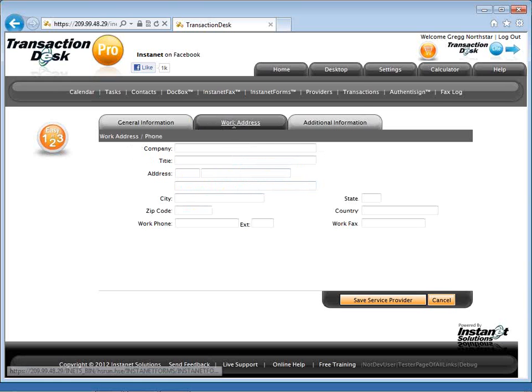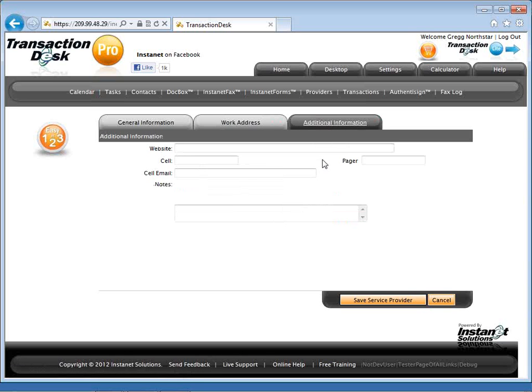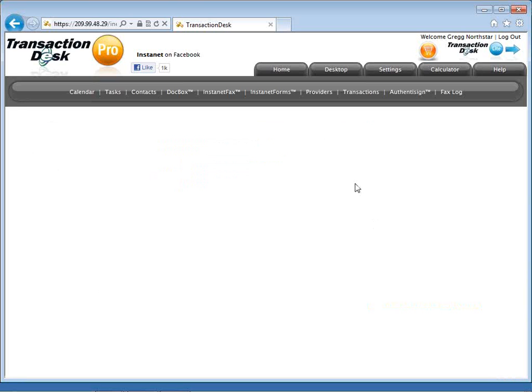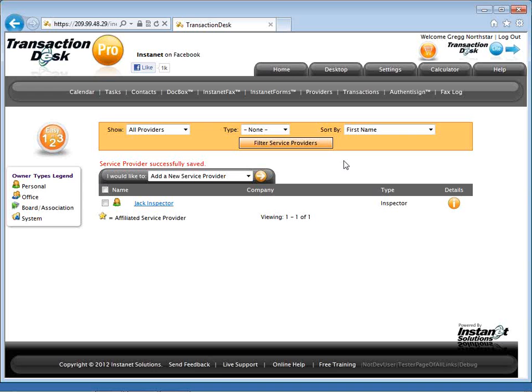Work address, if you ever want to fax them requests, you want to add your fax number in there, so that becomes an option to be able to fax them that work order request, that home stage, that inspection, any additional information. Obviously you'd want to fill out maybe some company, cell phone. Create a service provider. So instead of calling them on a whim, you're actually going to be submitting, let's save that provider, submitting